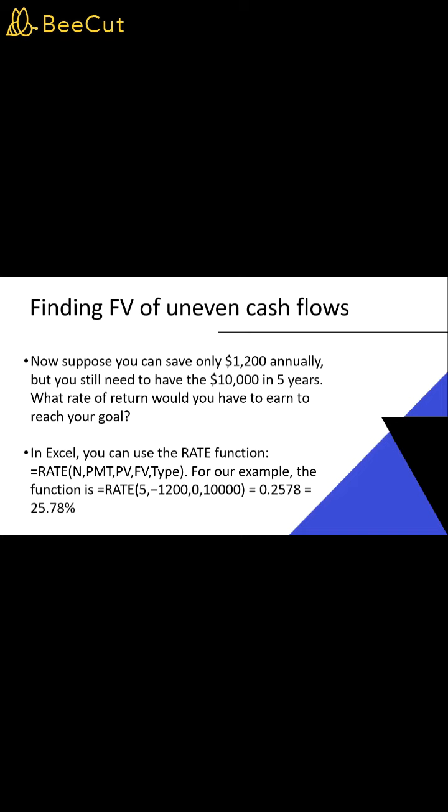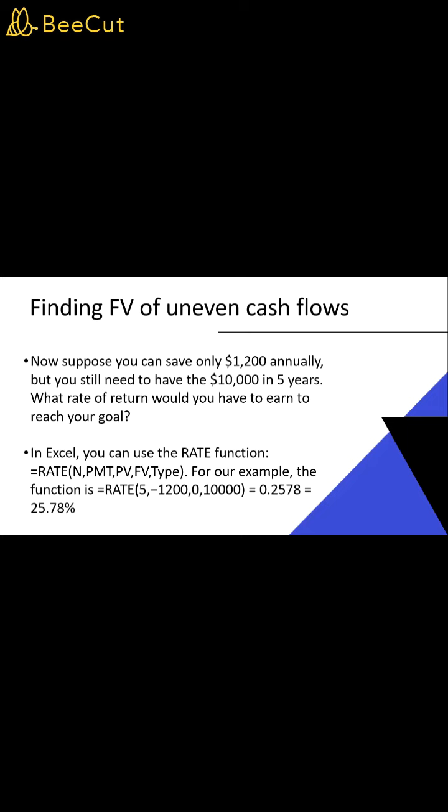So let me read out an example to you of a question just to illustrate this. So the question is, now suppose you can save only $1,200 annually, but you still need to have a total of $10,000 in 5 years. What rate of return would you have to earn to reach your goal? So here they're telling you that, look, every year you are going to be investing $1,200 annually. You know that by the end of 5 years, you want $10,000. So the question is, what should the interest rate that the bank is giving you be, so that these $1,200 that you're putting in annually can accumulate to a total of $10,000 in